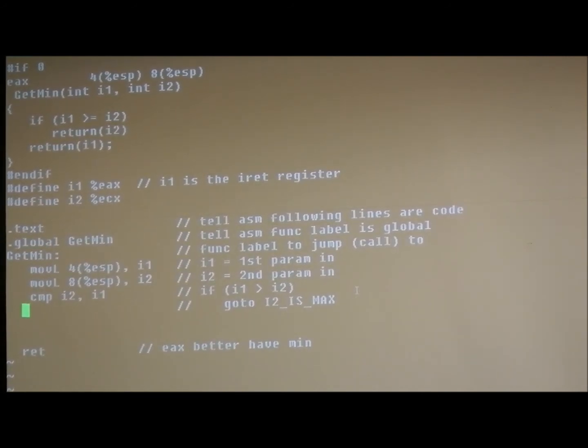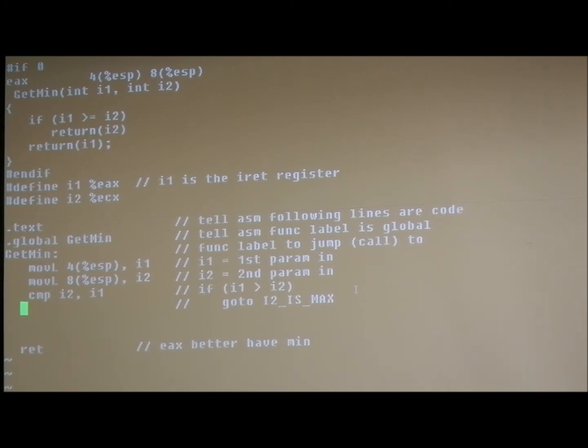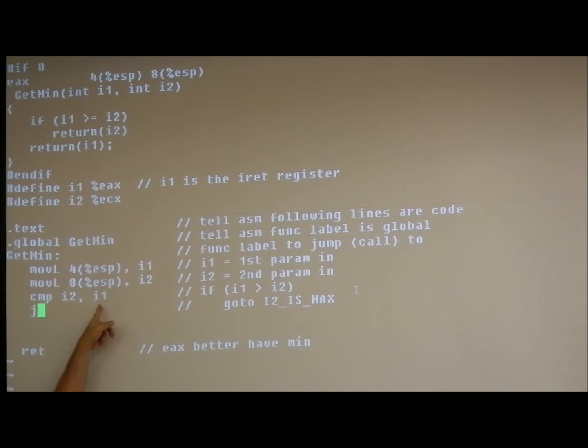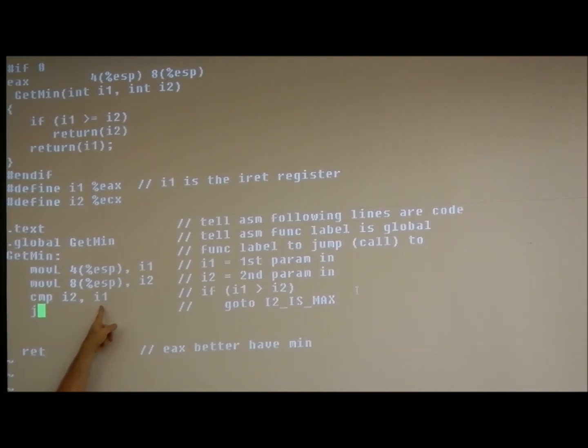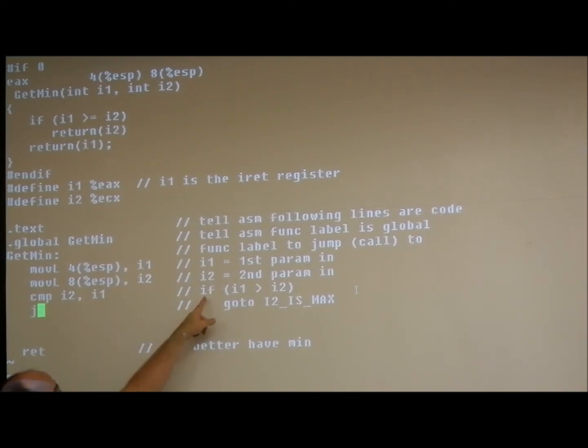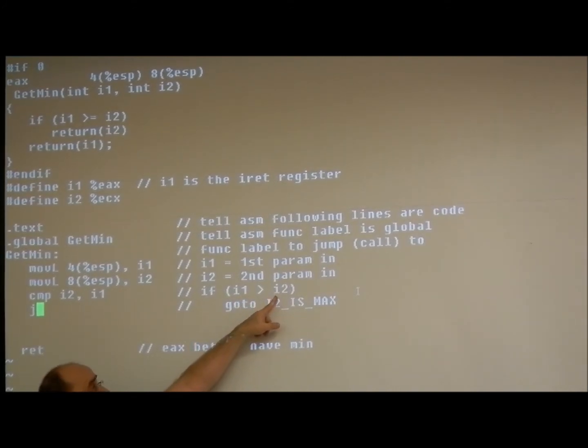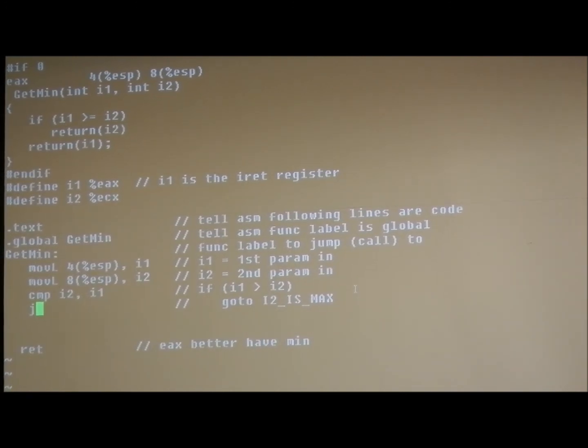All right, so I've compared the two, so now I've got to choose my label correctly. So I'm going to use jump something, right? Now, I1 is the destination, right? It's always source, destination. And so the comparison on the jump part is always in terms of the destination. That's why I wrote my if with whichever of these I chose to be the destination first, so I can think about it, right? So I want I1 greater than I2. So my branch is going to be JG,